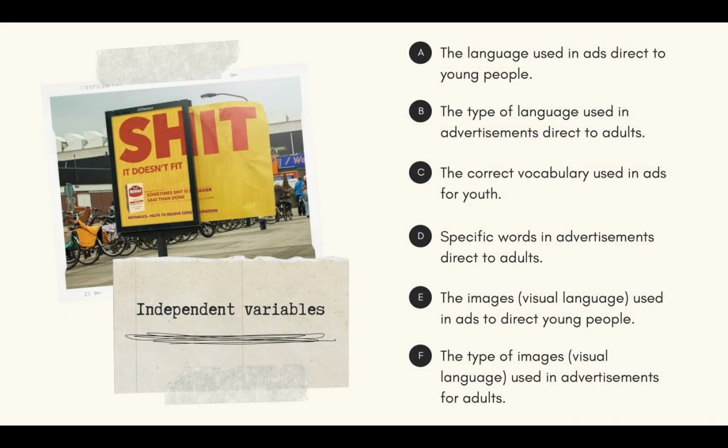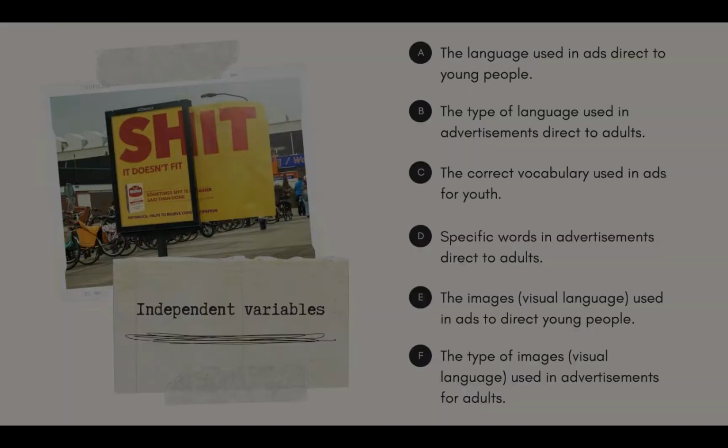This research paper has two types of variables, independent and dependent. They will value the hypothesis stated in the thesis. The independent variables will be the language used in ads directed to young people, the type of language used in advertisements directed to adults, the correct vocabulary used in ads for youth, specific words in advertisements directed to adults, the image and visual language used in ads directed to young people, and the type of image and visual language used in advertisements